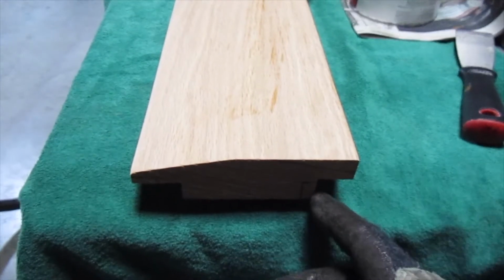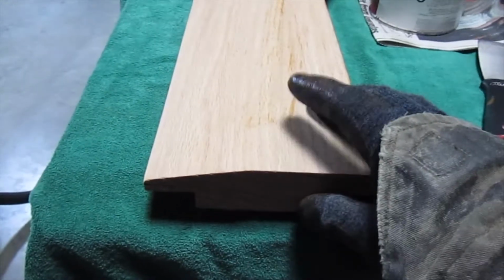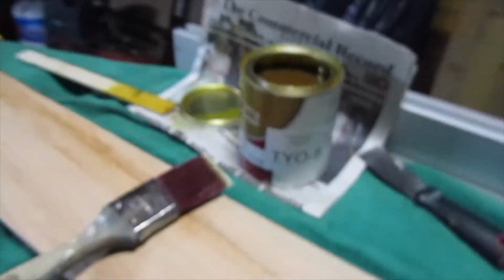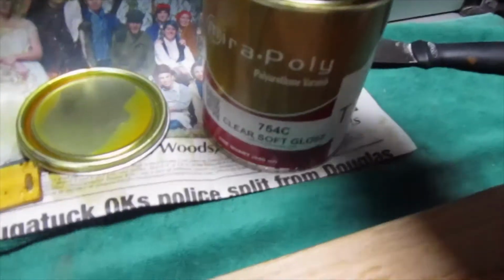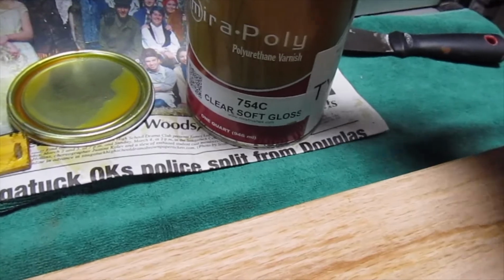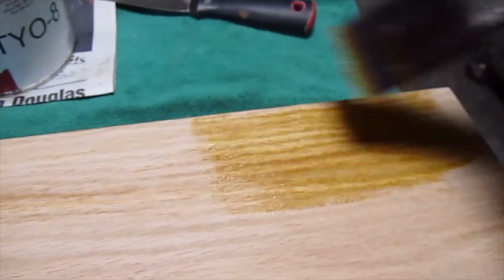I think maybe I might need to take a little bit more off of this with the dado, and I'm gonna put a couple coats of the tinted clear that I have. This is called Mira Poly polyurethane varnish, and a clear soft gloss. So I'm gonna put a coat of this on,